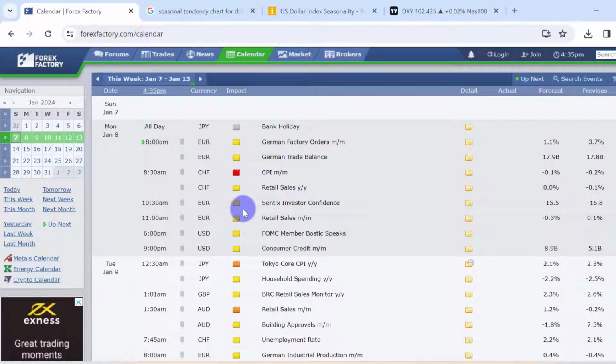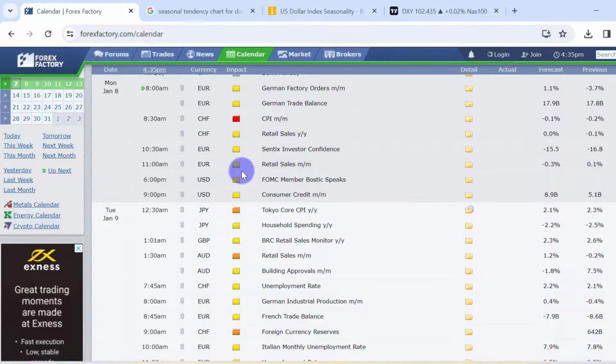So on a normal day, we are paying attention to high and medium impact news events. The high impact news events are indicated by the red box you see on the Forex Factory calendar. Just go to forexfactory.com, click on calendar. You're going to see that on Monday, you are paying attention to the day of the week, the time, the type of events, and the currency it's going to affect. So you can see on Monday we do not have really any high impact news event except on the CHF pair, and if you are not trading that asset or its associate, it may not be important to you.